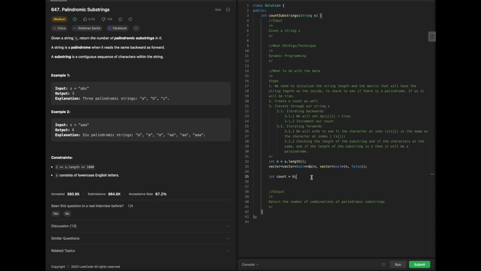So let's just go back on 3. We're going to iterate backwards. So for int i is going to be n minus 1 because we're iterating backwards. i is greater than or equal to 0, and then i is decrementing backwards accordingly, and then we are going to set dp[i][i] to true right over here, and then we're going to increment our count,